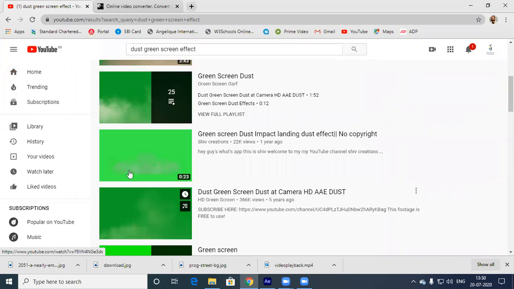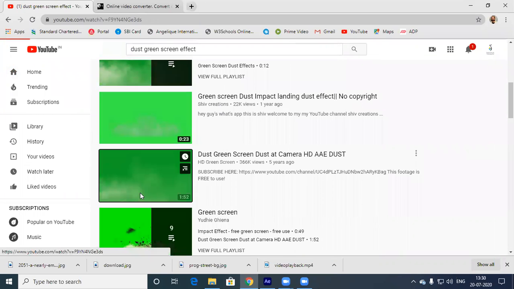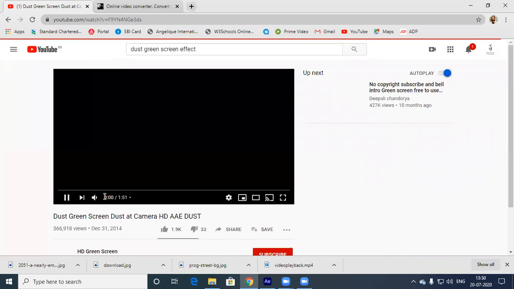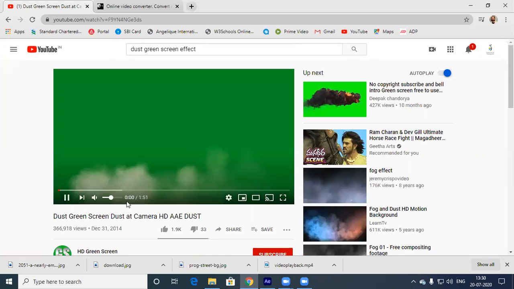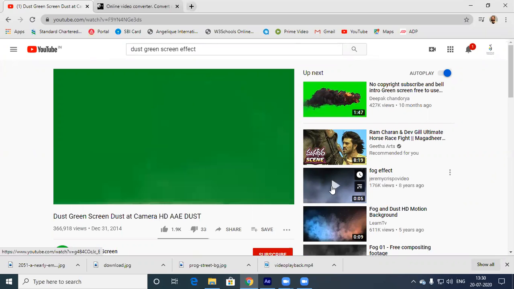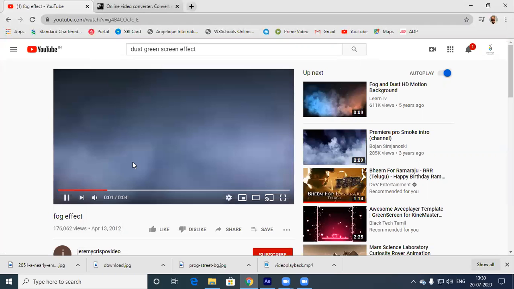Or even these things also matter. Or a fog effect. You can select this kind of fog effect also, where we can add this kind of fog effects in the foreground element.